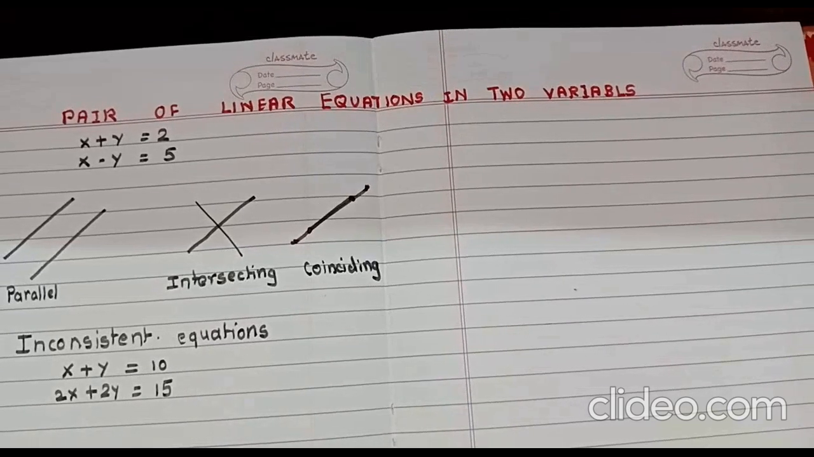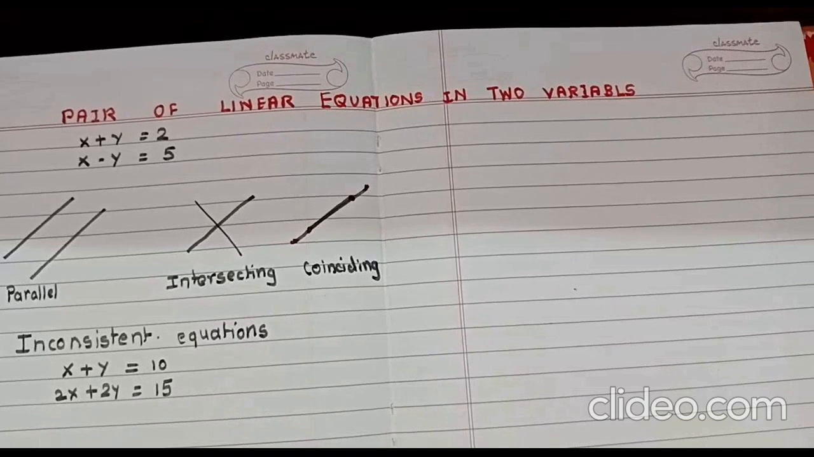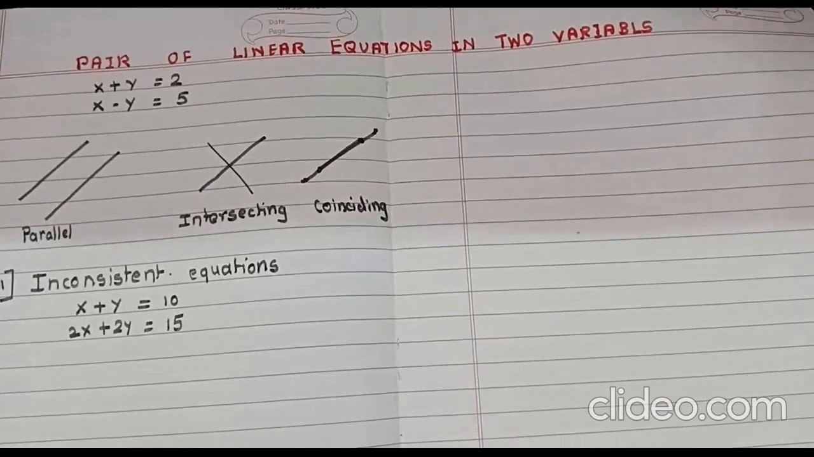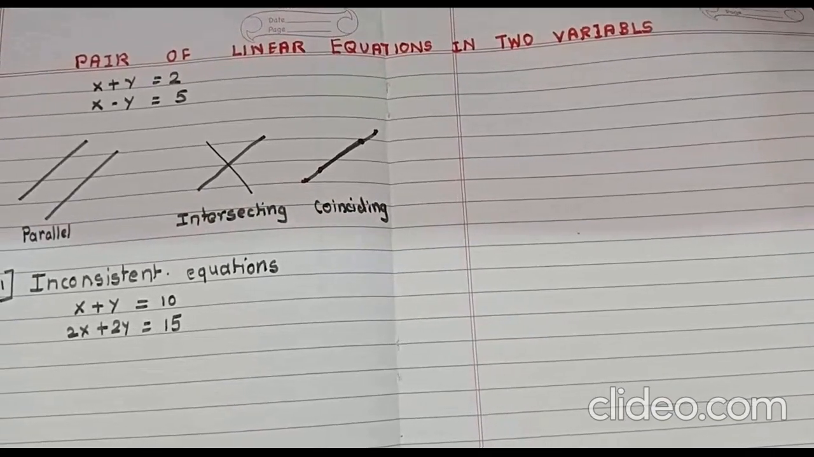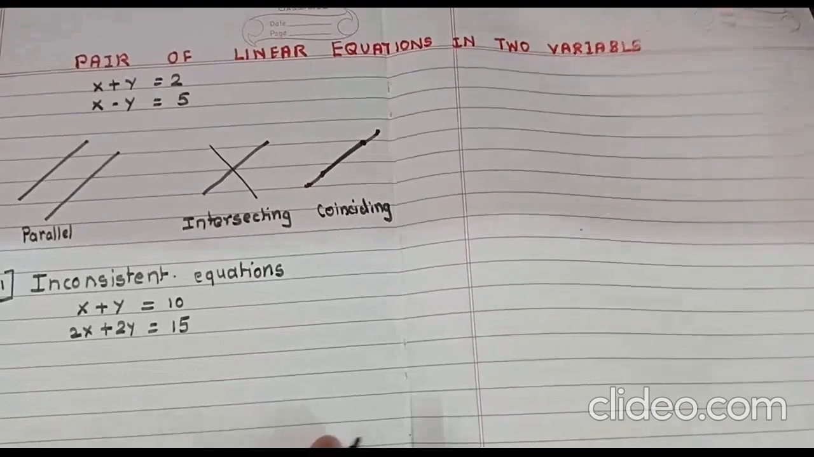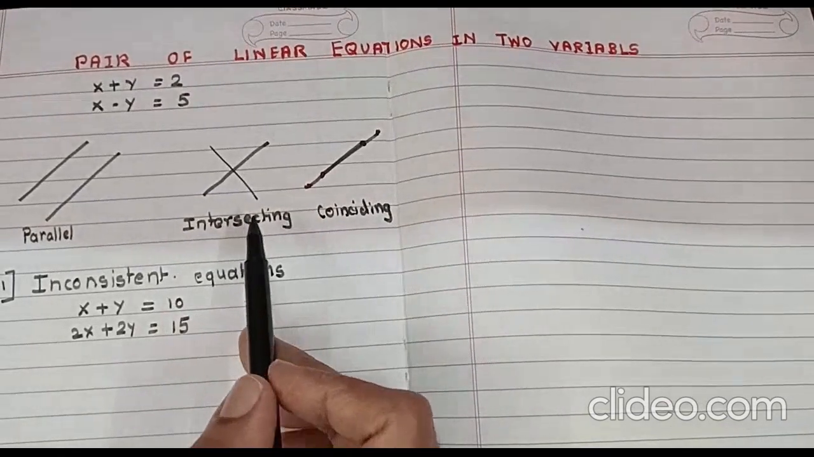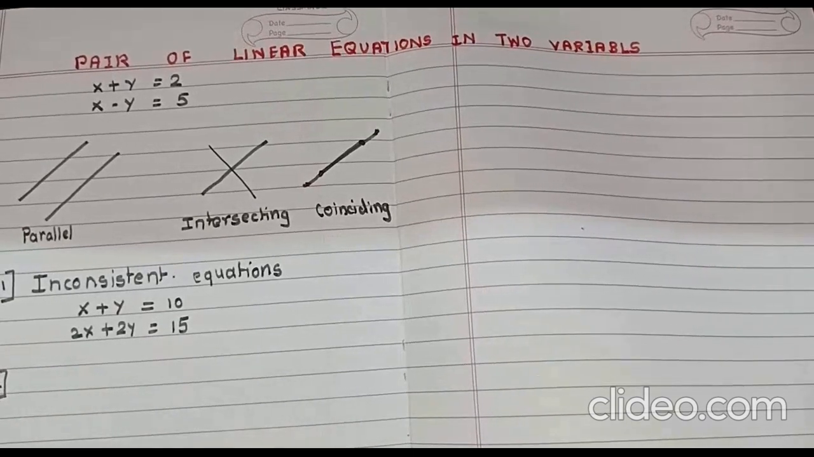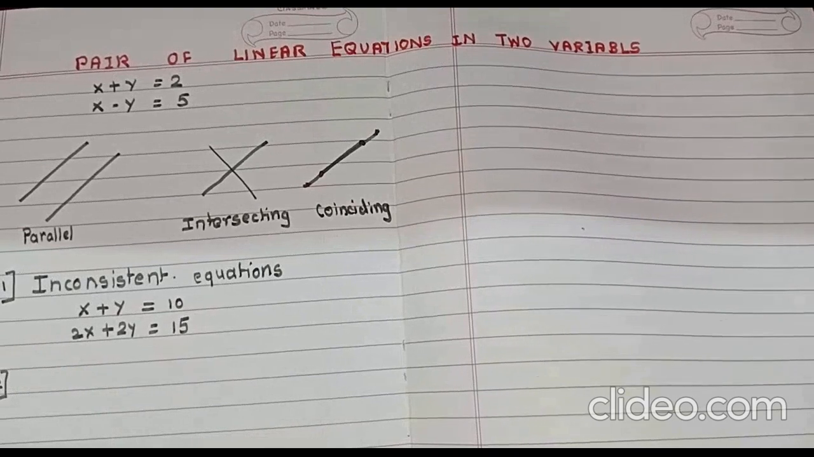See how I am writing. You can understand. You can try it on GeoGebra or graphical solution. You can see the answer. Let us take the another one, intersecting. Take an example, intersecting equation. One example may be,